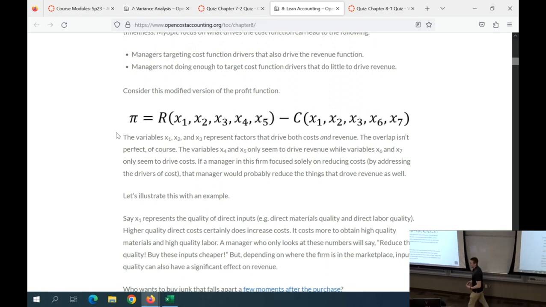So a quality product is more expensive to produce, but if what you are selling the customer depends on, their interest in the product depends on it being a high quality product, then you can't just cut those quality costs and make a really cheap, low quality product and expect the same level of revenue. And the goal here, the key is,